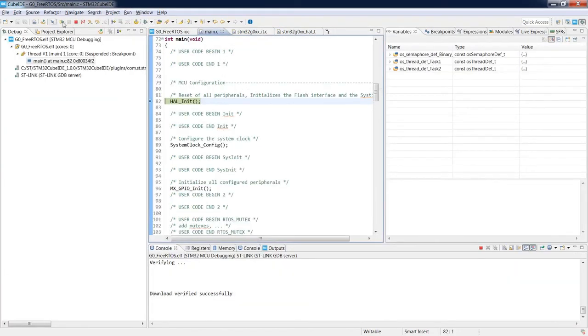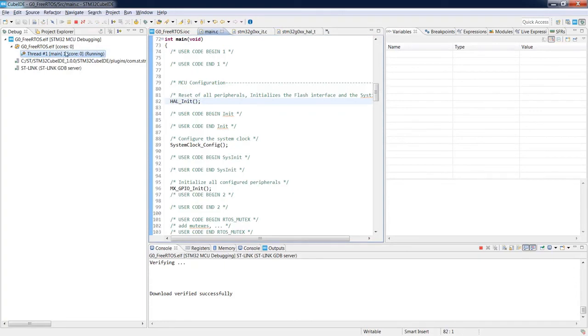We go to the debug mode, and I start the application. I can see my LED turn on for a while and then turn off, because only task 2 is active. Task 1, which is turning on the LED, is inactive, waiting for the semaphore, which can be given by the interrupt triggered by the blue button. I press the blue button, and for a while the green LED is turned on and then turned off because task 2 is taken into account.